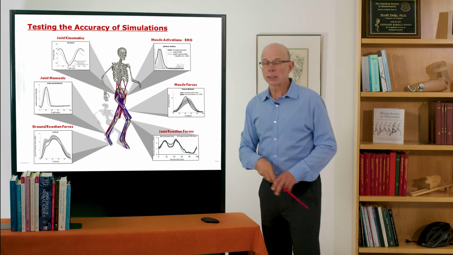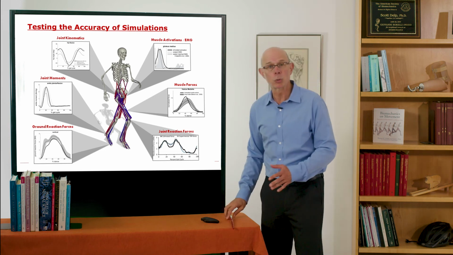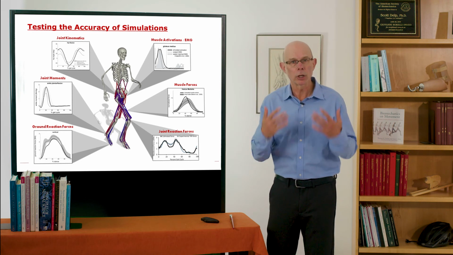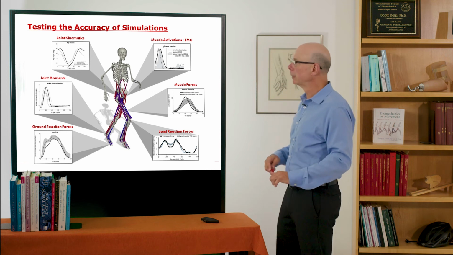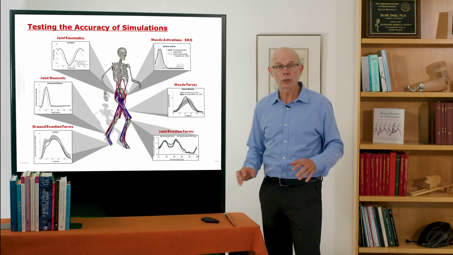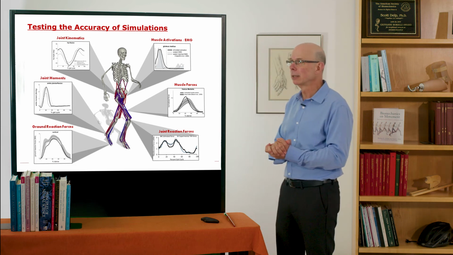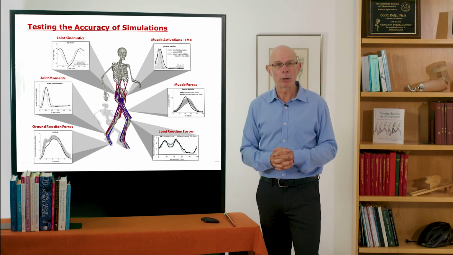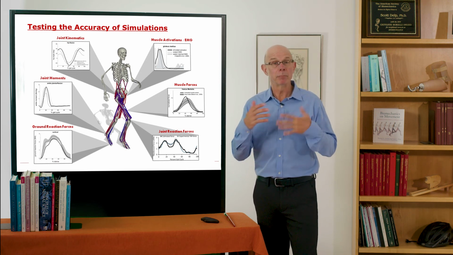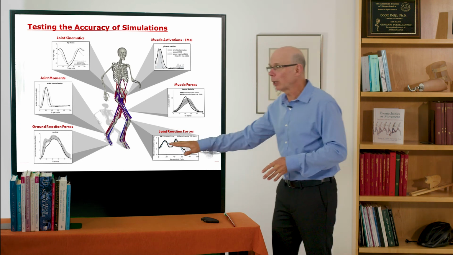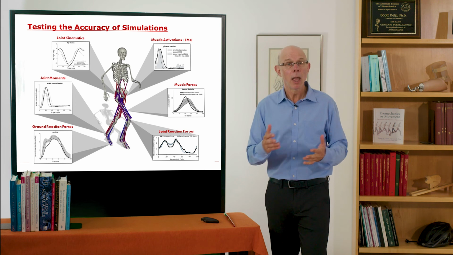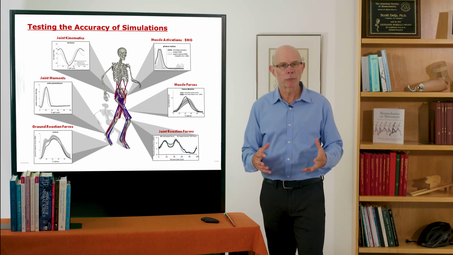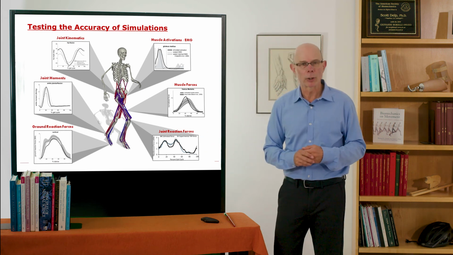You can also estimate ground reaction forces. In some simulations, we'll model contact between the foot and the ground and compute ground reaction forces, and you can compare that to the measured ground reaction forces. Comparing your muscle activations in the simulations to EMG is another good test. Now, you frequently will not have muscle forces estimated from experiments, but you may be able to get that from animal models, for example. Same with joint reaction forces. You might not have experimental data, but in some cases, there are rare cases where that has been measured. And when we care about joint reaction force, we'll compare our simulated joint reaction forces